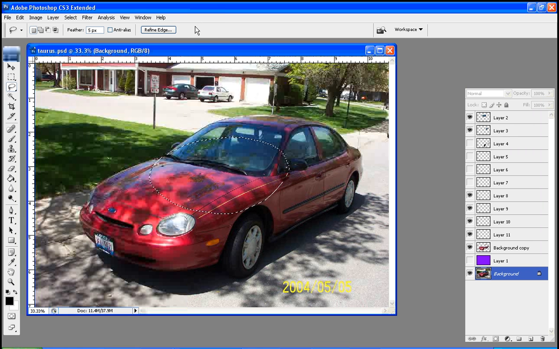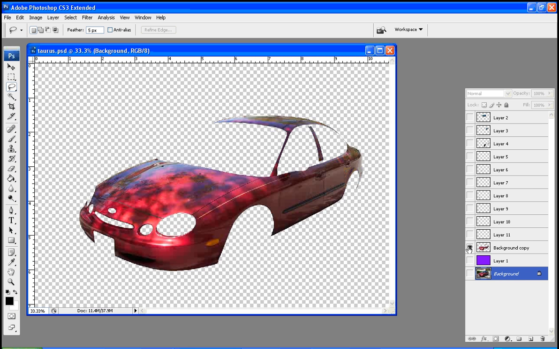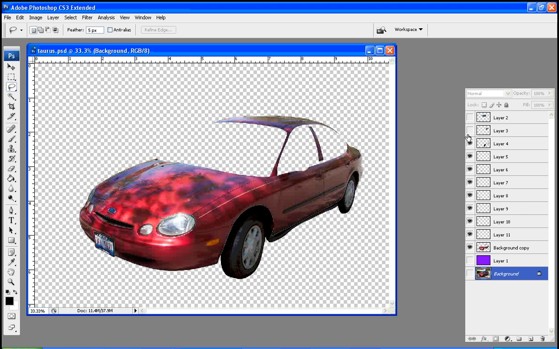This section of our project is looking at selections, and for this example I'm going to use this Ford Taurus, which I have already cut apart into different layers. You can see that by turning off the background layer and turning on the various layers here that I've cut apart. Basically any headlight separated, any tail lights, any marker lights, Ford symbol, windshield glass, everything you wanted to get separate,